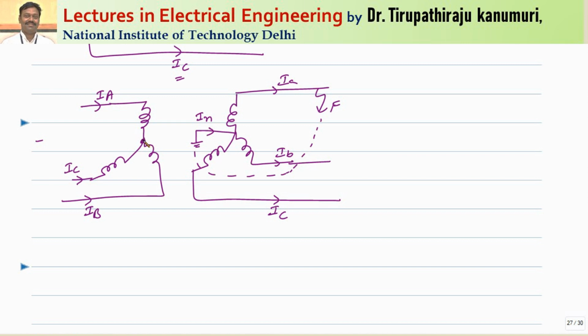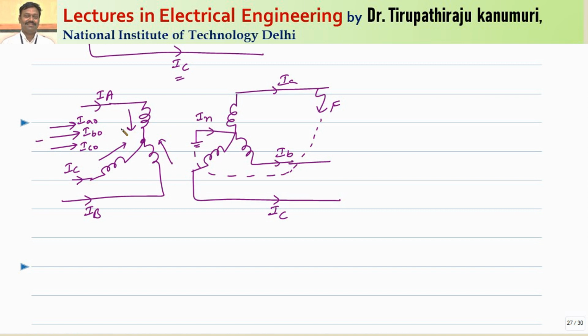This can be analyzed in a different way. Actually, zero sequence currents are co-phasor in nature. You agree with me? All three currents are co-phasor in nature. This is my value of IA naught, this is IB naught, this is IC naught. Let us assume the current is coming like this, another current is coming from here, and another from here. All the currents are co-phasor in nature, and whenever they intersect here, there is no passage, so you can take the sum.